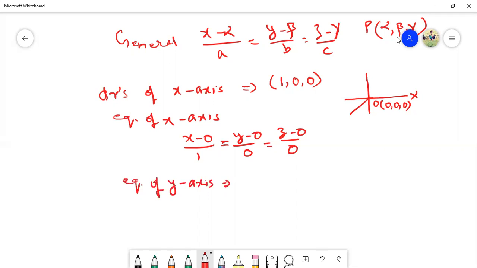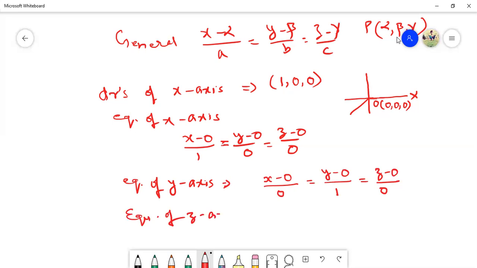Equation of the y-axis: it is again passing through 0, 0, 0. So y minus 0, z minus 0, so the numerator will be the same. Only here x becomes 1, since it is the y-axis, it will become 1. These two will be 0 because the DRs of the y-axis are 0, 1, 0. Correct? Similarly, the equation of